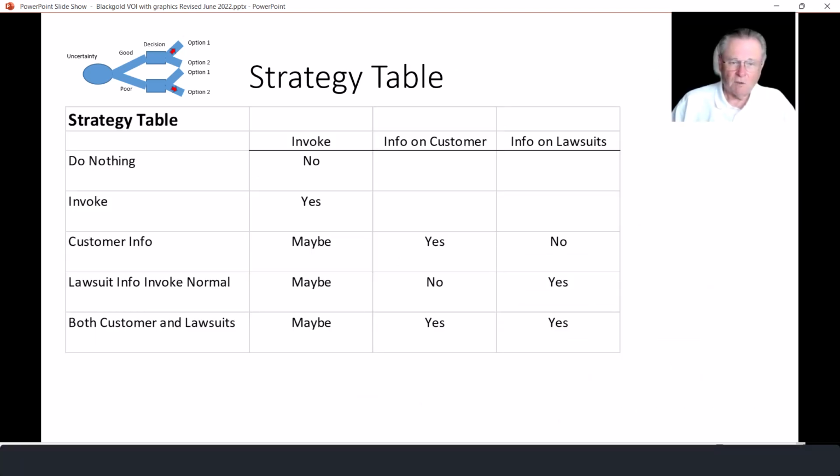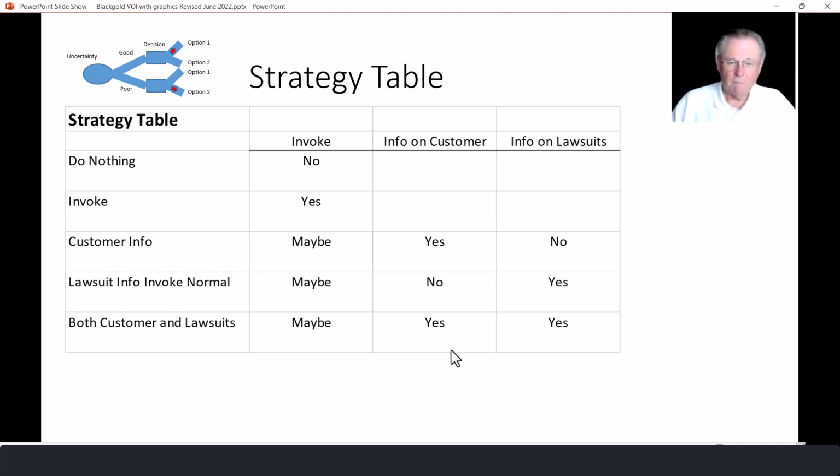So what does the strategy table look like? Well, we can do nothing, which is to not invoke. We could invoke all the time. We're going to get information on the customer, so maybe we would invoke. So we're going to get the information, but we're not going to get the lawsuits. And we can get information on the lawsuits, maybe we would invoke, with no information on the customer. And then we can get information on both. So that's 5 cases. However, as I worked through this problem, I said, I'm not really considering the full scope,